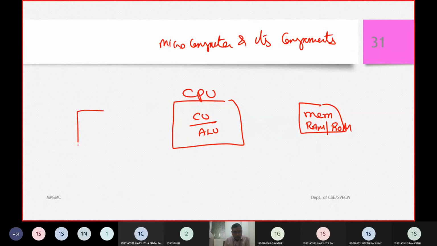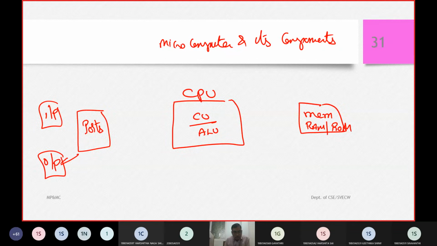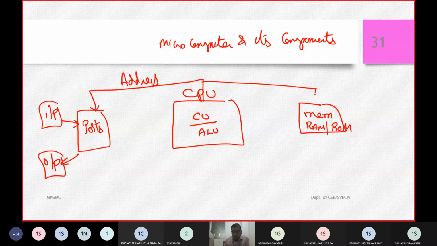Then we talked about ports, and there we connected an input device and an output device. Then we mentioned the address bus, which will be unidirectional.